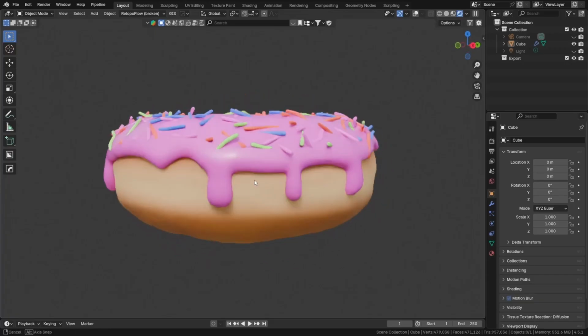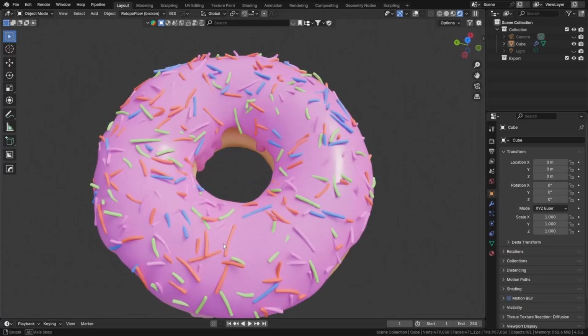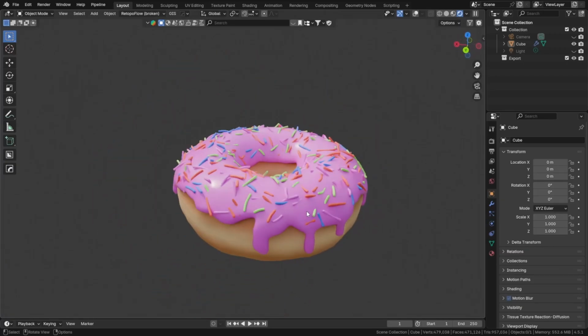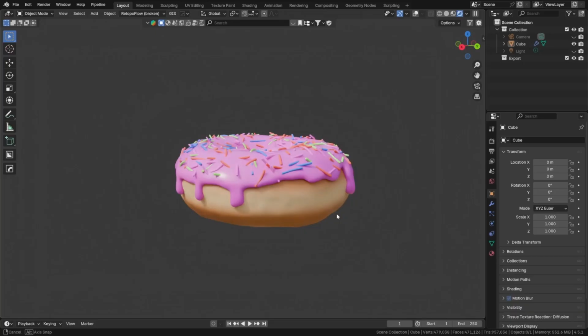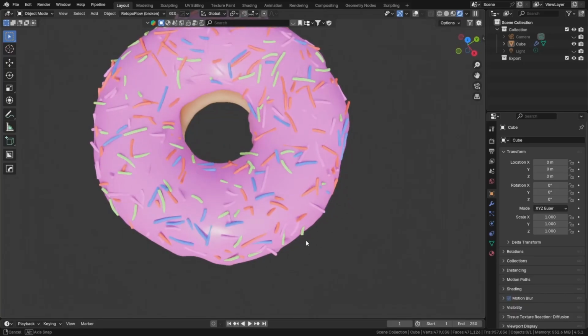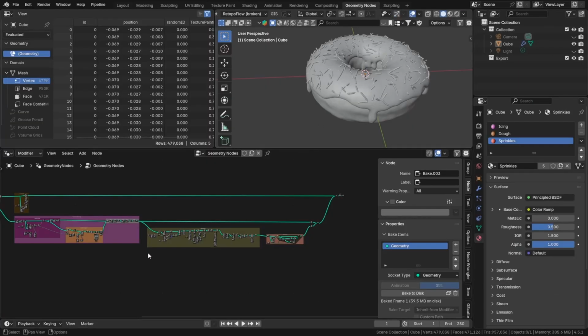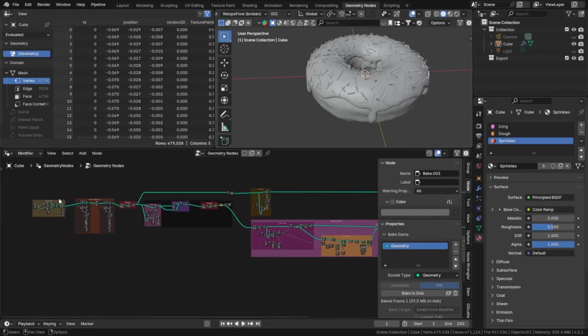It's time to add final details to our procedural donut, as well as creating some final, better looking materials to create a nice final render. In terms of the geometry nodes improvement, I want to add two things. First, if you look at the sprinkles and how it interacts with the icing, it just looks like there's no